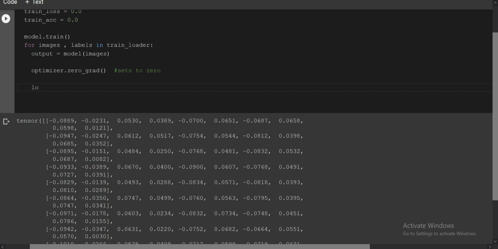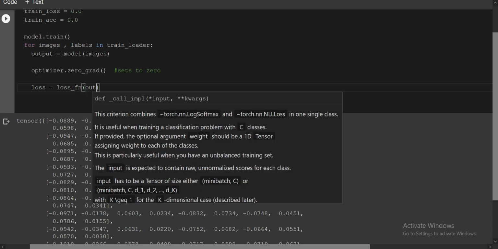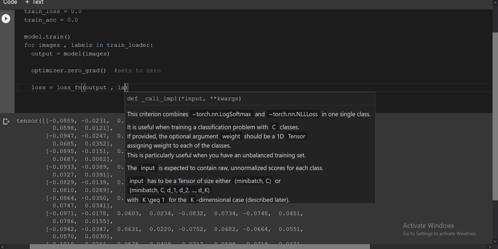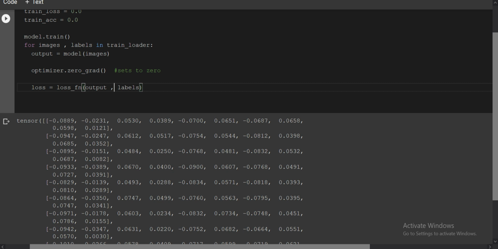We have already initialized the loss function, and inside it you pass the output you got and also the label. You may say the output has a total of 10 neurons, but the label is just one. Suppose for the first image the digit 5 is passed. Then you calculate the loss, because in the output you have 10 neurons and 10 different values coming.